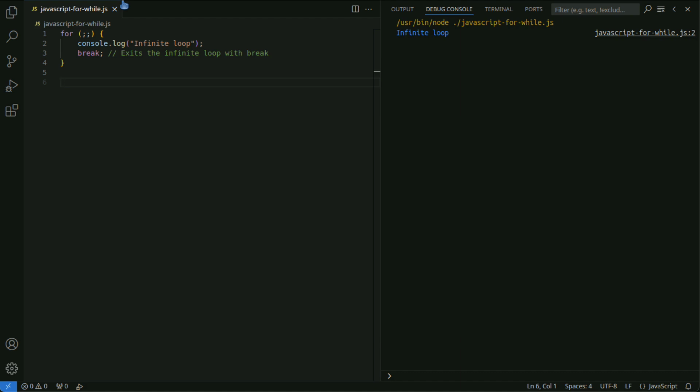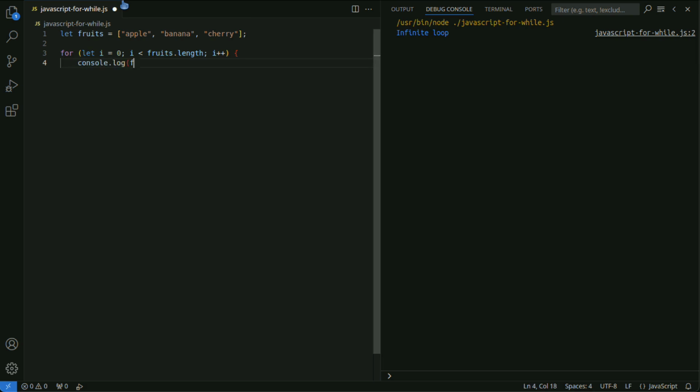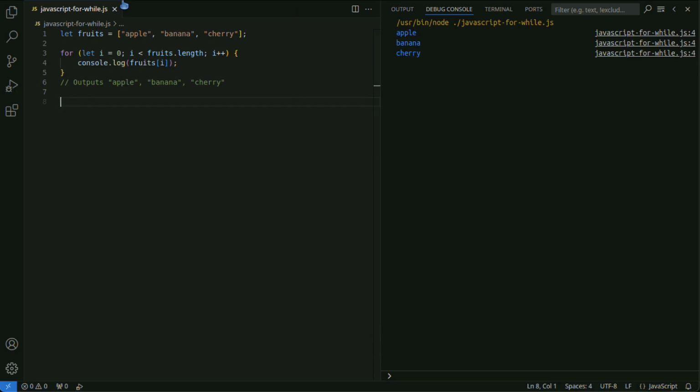It is common to use the for statement in conjunction with arrays. It is convenient for processing each element of an array. This way, you can process each element of an array using indices.